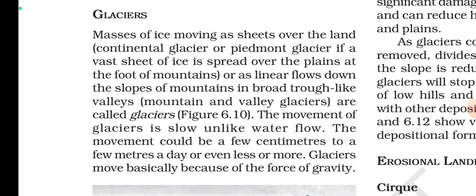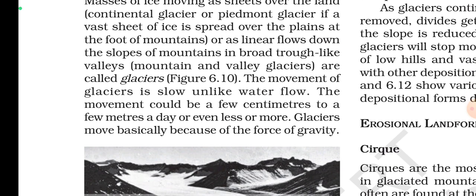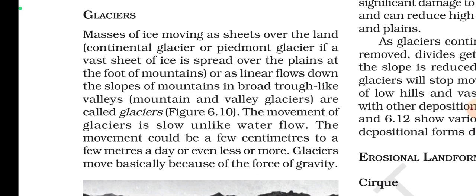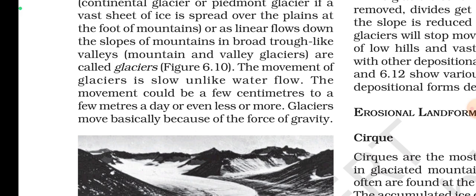Continental glacier and piedmont glacier, if a vast sheet of ice is spread over the plains at the foot of mountain or as linear flows down the slope of mountains in broad trough-like valleys. तो माउंटेन में है तो माउंटेन ग्लेशियर बोलेंगे, अगर कॉन्टिनेंट है तो कॉन्टिनेंट ग्लेशियर बोलेंगे, अगर माउंटेन के नीचे है तो पिडमॉन्ट ग्लेशियर बोलेंगे। ये सारा चीज़ तो आपको पता होगा।